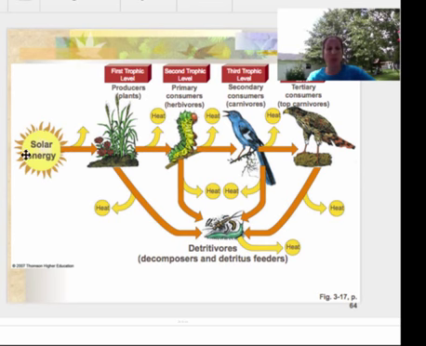So remember, here you have your solar energy. That's going to be feeding everything in that food chain or food web. It goes to the first trophic level, your second trophic level, third, and your fourth. And these are going to be your autotrophs, your producers, your primary consumers, secondary consumers, and then your tertiary consumers. And remember, we lose heat. And all are going to then go down into your detritivores, which are your decomposers and your detritus feeders.